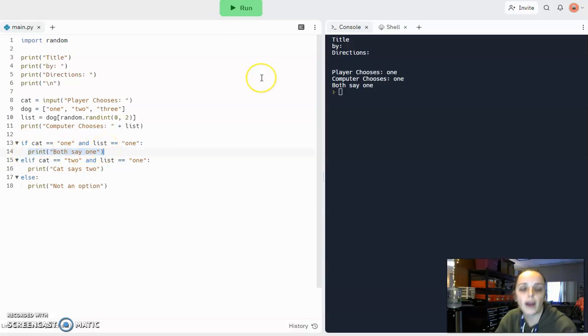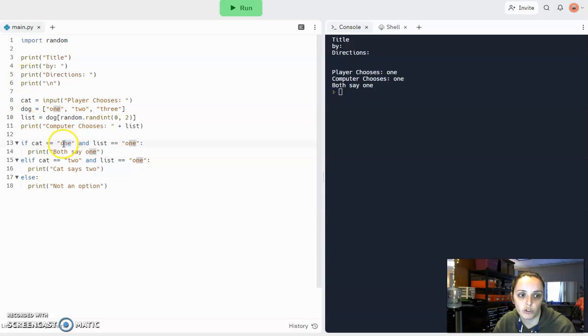Okay, so note how all of those are printing and how we changed that up. You might need to do some changing in yours as well, but see if with that logic you can figure out what is next. Where do you go? Can you come up with all the different rock, paper, scissors options and type them up? And if not, let's keep going and change this just a little bit so that it matches more of what you are doing. So in this case, let's say the player input cat